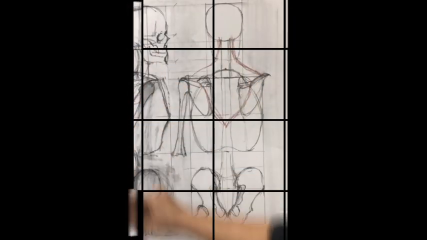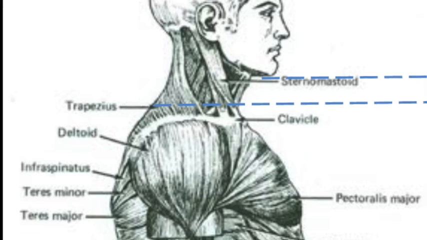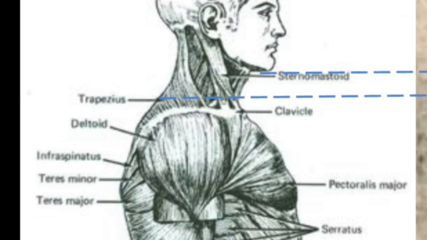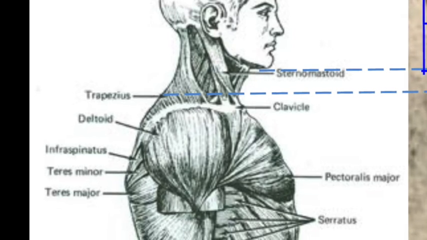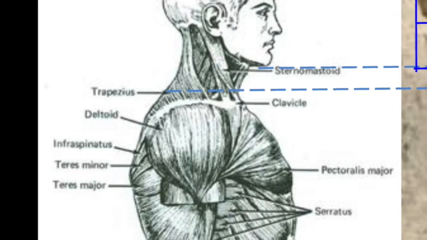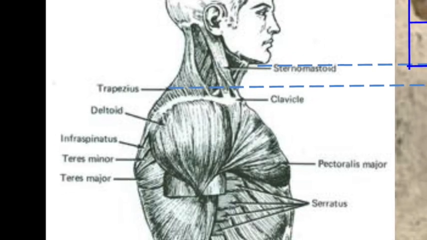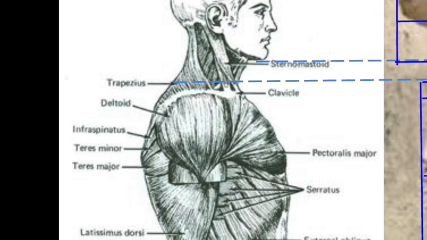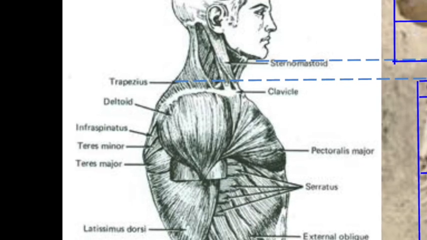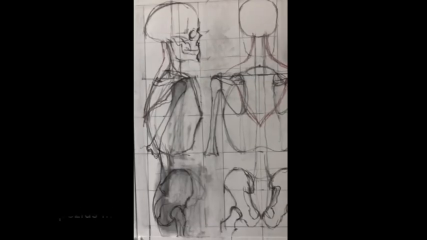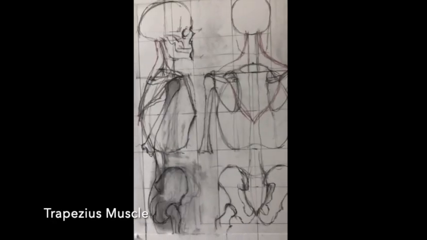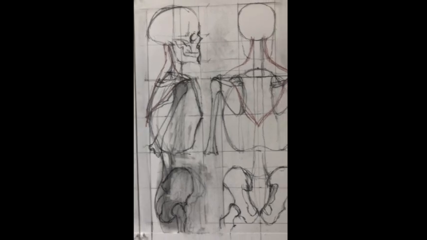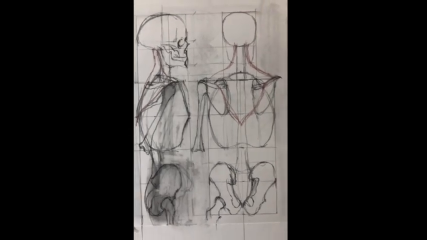So here we see a side view where we can observe the definition of the start and end point of the muscles, which makes it easier to see the relationships of the muscles that we see from the front and the back of the figure. We see the trapezius muscle that starts from the back of the cranium mass and covers the shoulder to give the shape of the shoulder behind the neck and continues down to its tail at the base of the rib